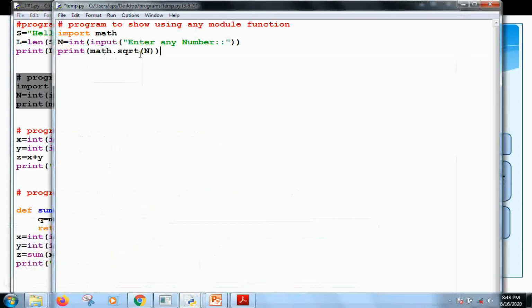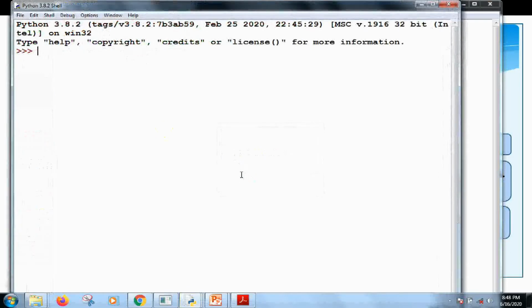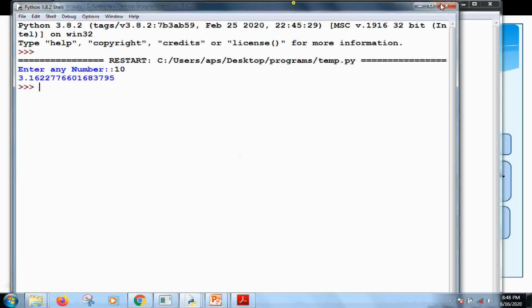See, the math.sqrt function is used here. I have imported the math module because sqrt is a function defined inside the module. Now n is the number whose square root it is going to calculate. So this is how the built-in functions of Python work.